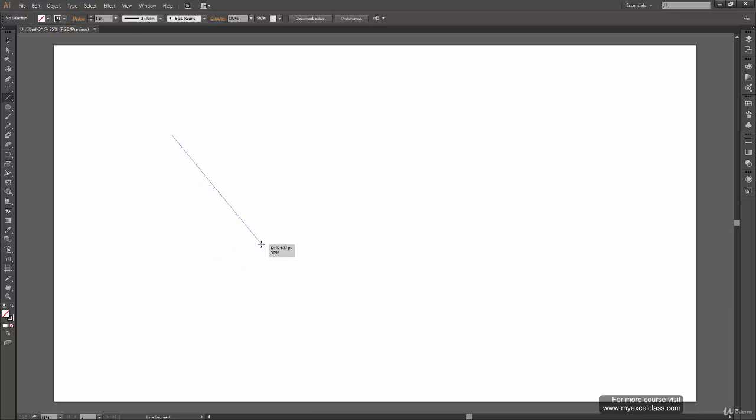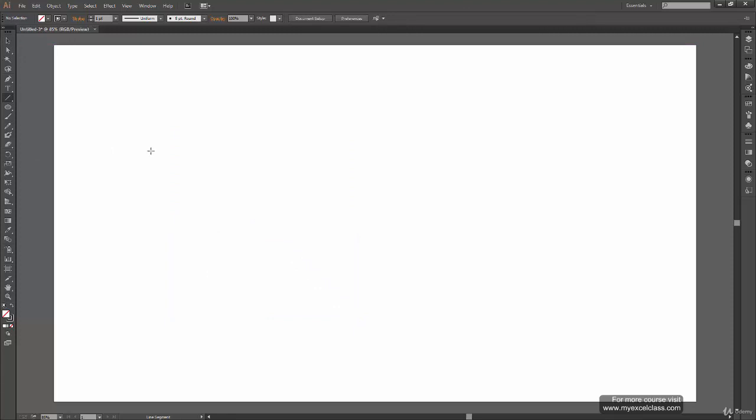If I am somewhere between the horizontal and vertical axis, then it will automatically snap my line to a 45-degree angle. Now I can hold the shift key and move my mouse around to get the line I wanted. But note that this time it will only be either a horizontal line, a vertical line, or a line in between those two axes perfectly at a 45-degree angle. When I'm satisfied that this is the line I wanted, I can release my mouse click first and then the shift key to get the line I want.